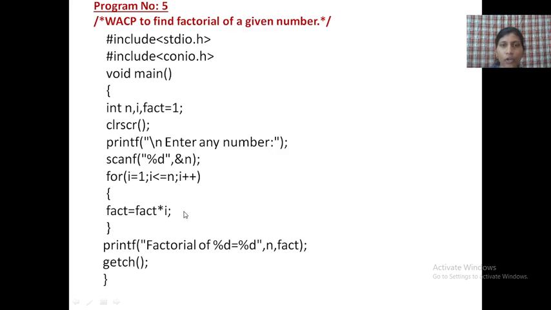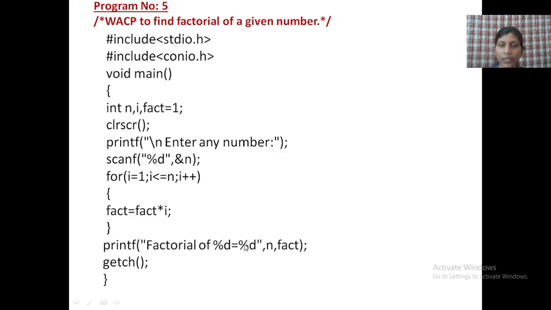That is called a looping statement. Why can we call it a looping statement? It executes again and again until the condition becomes false. If the condition is true, it executes again and again. If this condition is false, it comes out of the loop and this result will print. If this condition is true, it comes inside the loop and executes this statement. If this condition is false, it comes out of the loop and whatever result we get, it will